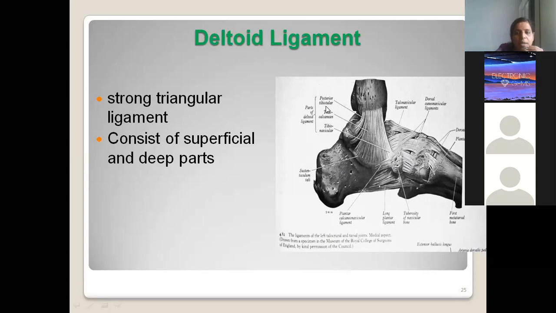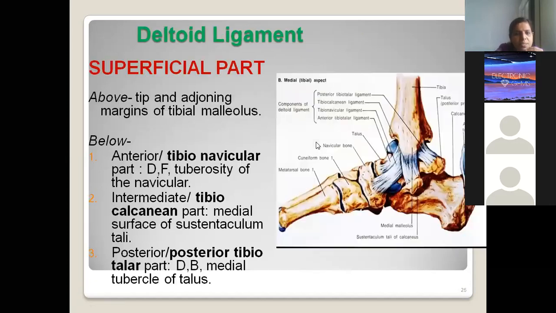You see the deltoid ligament. This is the strong triangular ligament. It has superficial parts and deep parts. Now let us see further details. Now it is very clear, no? Previously you were confused and took this as talus. Now you can easily tell it is the medial malleolus of tibia. The bone which is not so much visible is the talus. The bluish area is nothing but the articular area of the talus bone, the trochlea tali. Then this is our calcaneum.